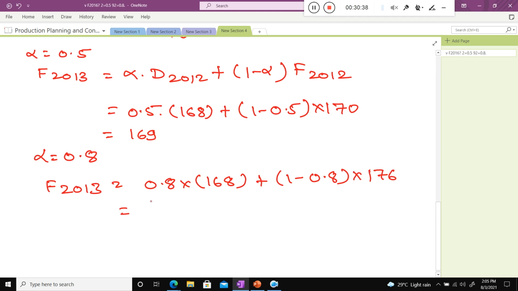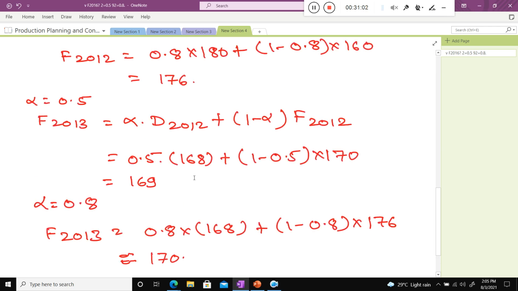Okay, 169.6 means I can assume that is the 170. Because here I am talking about the product sale, so I cannot put into the point. So 0.6 means I assume that that is the 170. Everyone getting the same value? Okay, so I just put approximate value, that is the 170.